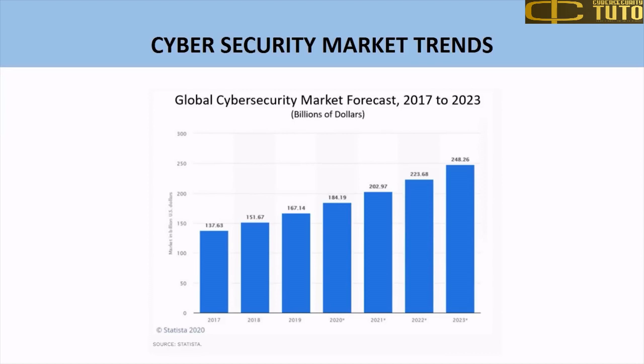After a global cybersecurity market forecast was predicted by Statista.com, it was observed that the global market for cybersecurity is projected to grow from $167.1 billion in 2019 to $248.26 billion by 2023, attaining a 10.4% CAGR. The expenditure on worldwide security on identity access management was at $10.58 billion in 2019. The forecast also predicted that expenditure on security services, the largest chunk of the information security market, also reached $64.24 billion in 2019 as well.